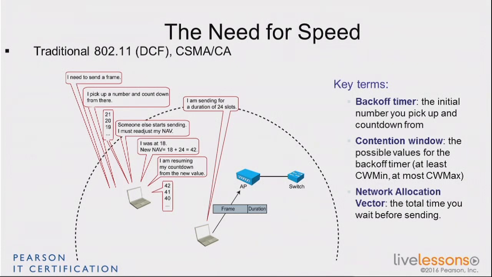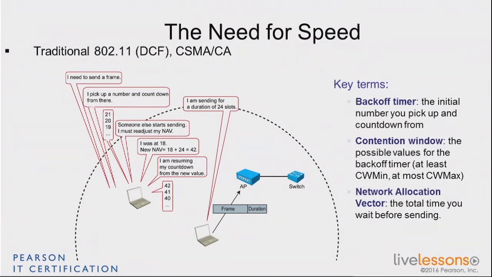You will see that people tell you, well, that's not exactly the way it works. In fact, the way it works is that when you have a frame that is being sent, at the beginning of the frame, there is something which we call the duration field. The duration field in the frame is the duration of the frame, how long the frame is going to take to be sent. So if you read that value at the beginning of the frame, instead of continuing to listen until the frame is gone, you know exactly how long you have to wait.